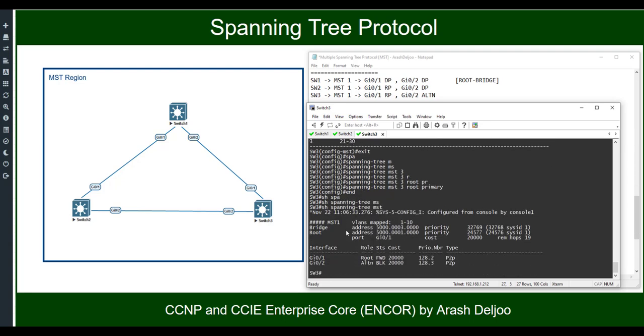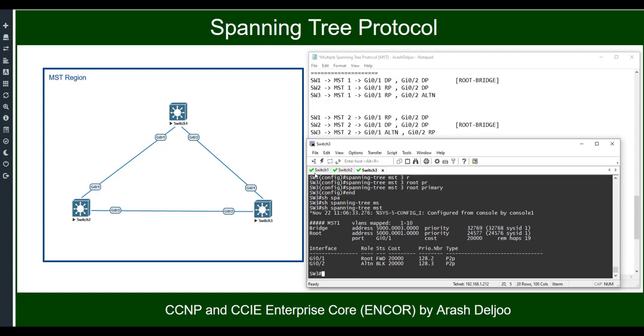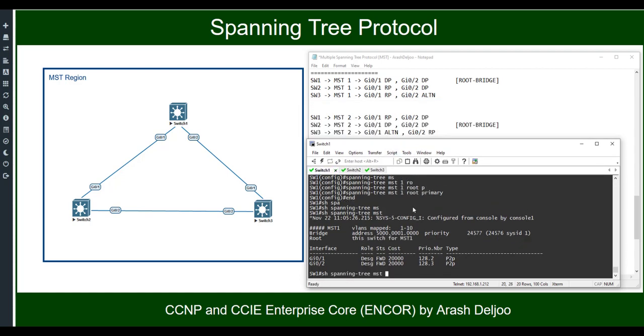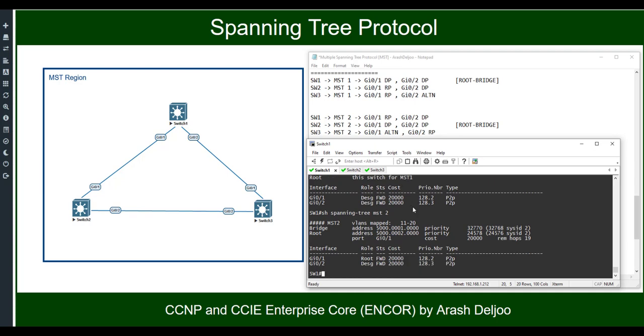It can show us that again we have MST1, gigabit 01 is the root, and gigabit 02 is the alternate port. Everything is okay. Now, let me talk about STP instance 2. First, switch 1. Show spanning-tree MST2. As you can see, now we have MST instance 2 and the VLANs mapped are 11 to 20. As you can see, gigabit 01 is the root port, gigabit 02 is the designated port, and this switch is